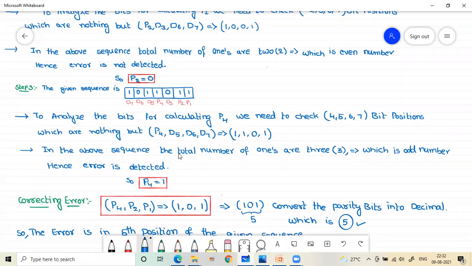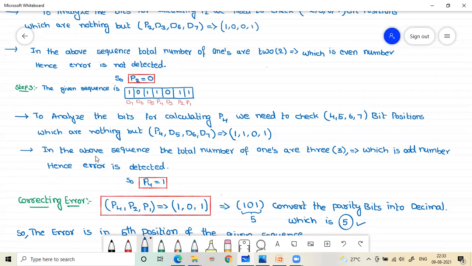So 4 means P4, 5 means D5, 6 means D6, 7 means D7. Now, the respective values: P4 is 1, D5 is 1, D6 is 0, and D7 is 1. That is what I mentioned here.